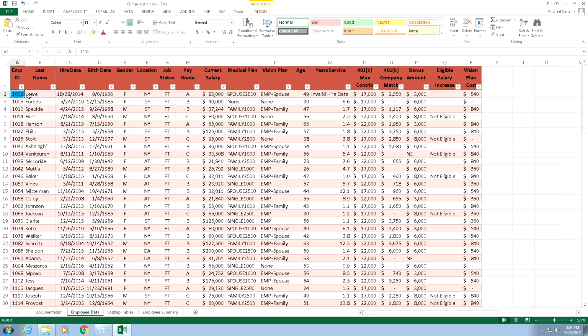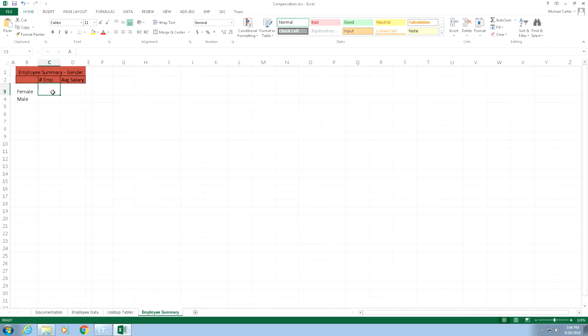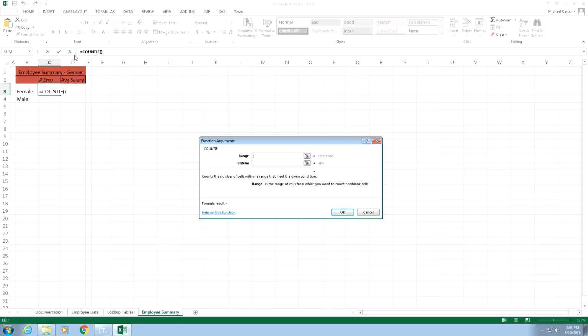So in the employee summary worksheet, the last worksheet, now we're going to do our COUNTIF function here. So I'm going to type in COUNTIF, so we're going to count the number of female and male workers. So COUNTIF is going to count only if the area meets a certain condition, which is F. So we put in the gender in column F for female and M for male. So if it meets this condition,